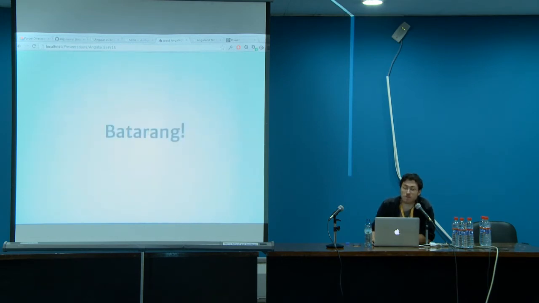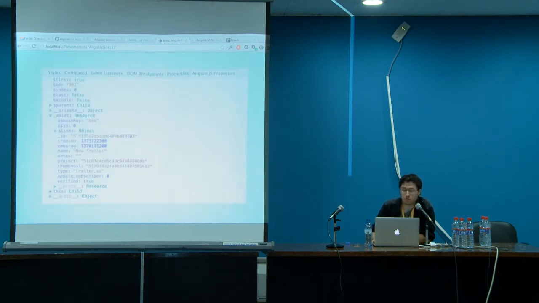Now Batarang, on the other hand, is a very useful tool. It's an extension for Chrome, and it allows you to debug complex Angular applications really, really easily. So when you're in the inspector, you'll have this tab on the side that'll let you see all the scope variables that are available in the context of that DOM element. And you can click through and you see this thing called parent. You can actually use that to traverse up the scope tree because all scopes are inherited, and actually see everything cascading all the way through to the particular element that you've selected.